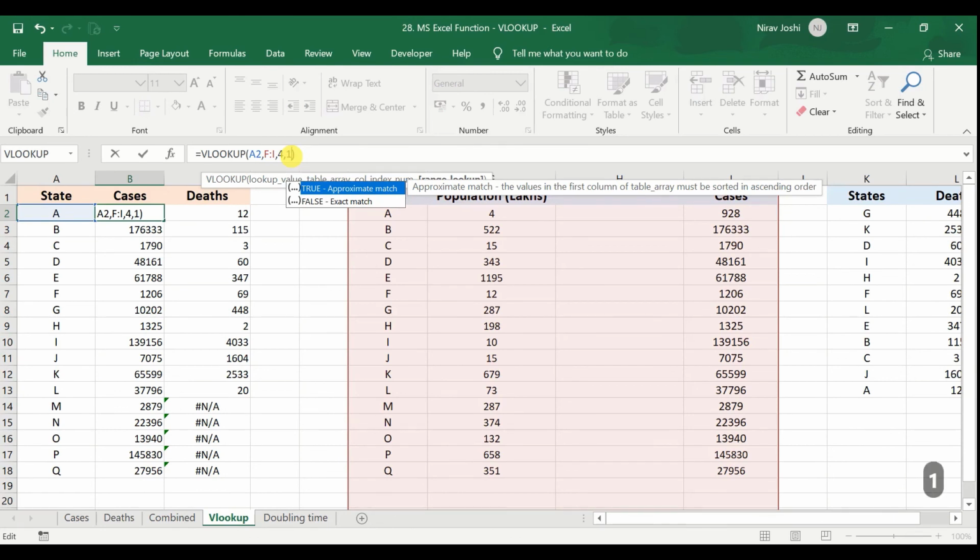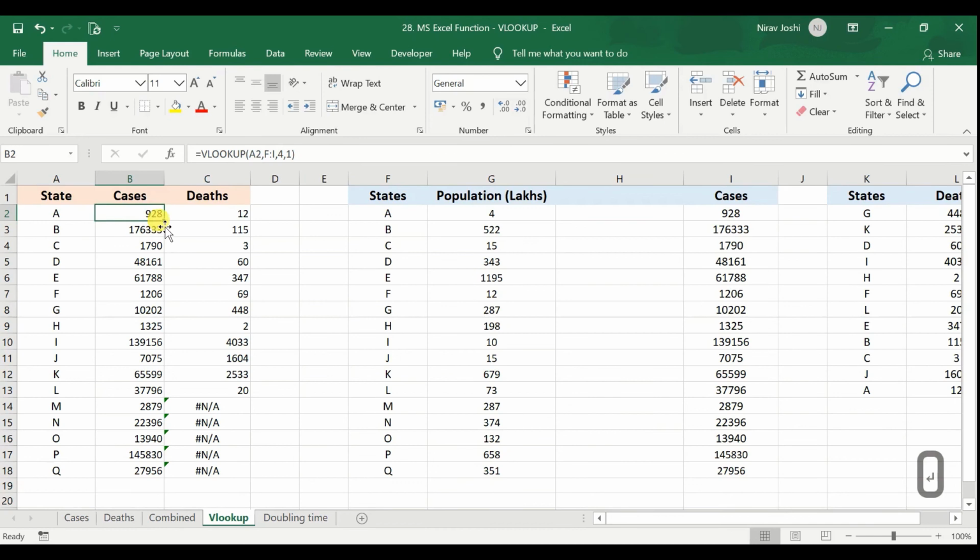Suppose we use approximate match here. Now currently we do have exact match available, and that's why it is not showing any change in the number as outcome. But suppose we change the lookup value to this ABC rather than A, still it will show the same number as it was showing for A. Reason being, it will compare this first letter A and would identify that if there is any lesser value than that.